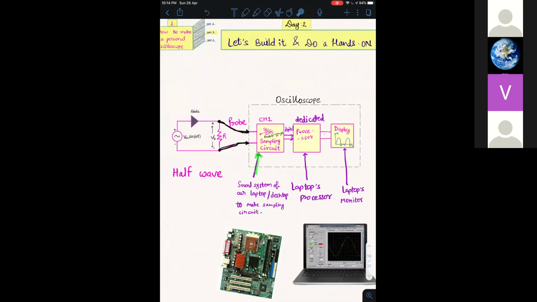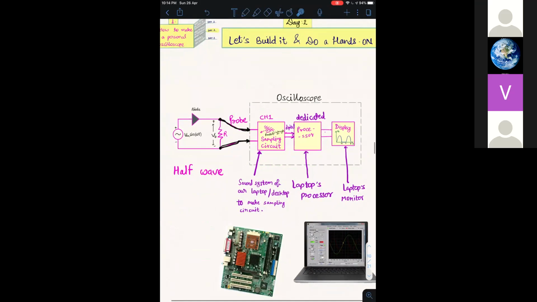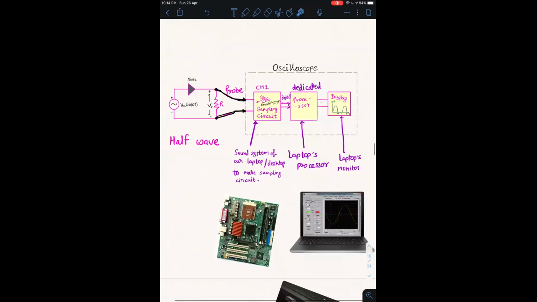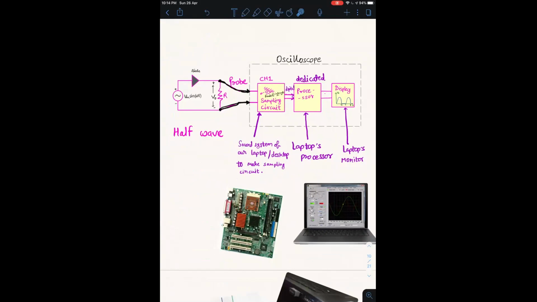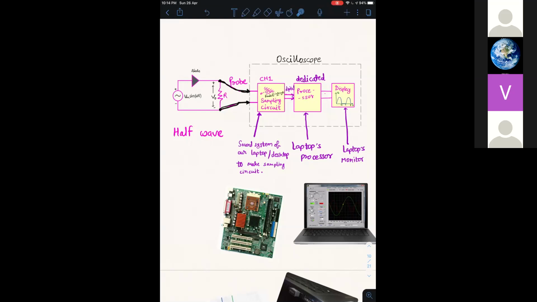The very beginning stage is the sampling stage, which reads the input signal. Just for a recapitulation of the previous session, let me explain very briefly this whole circuit schematic. Here we have a half wave rectifier circuit in the block. This is just to show you an example.